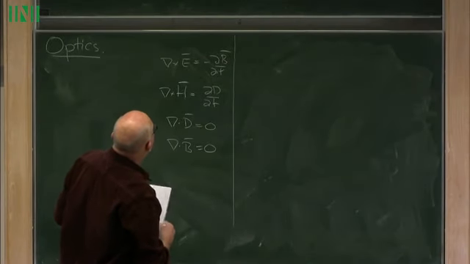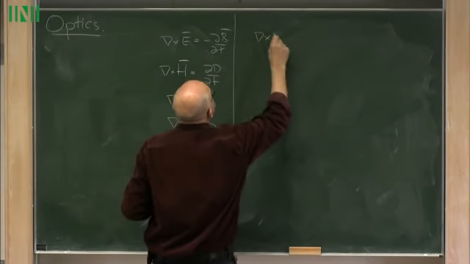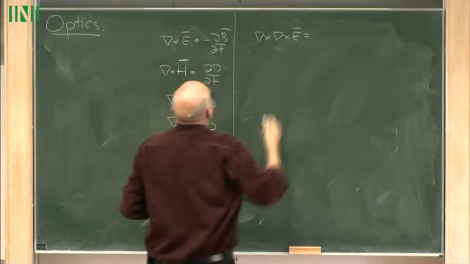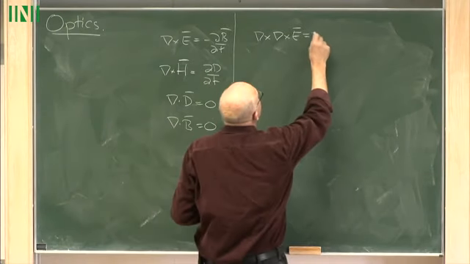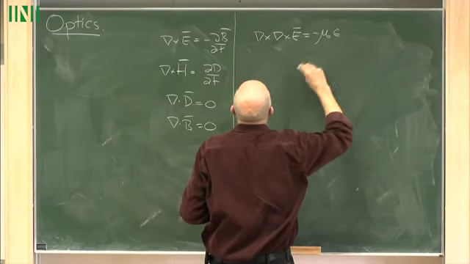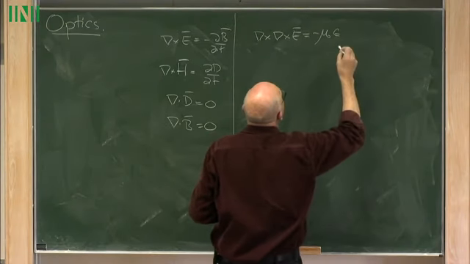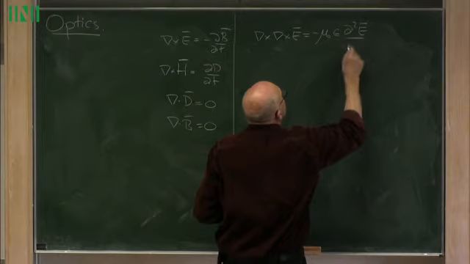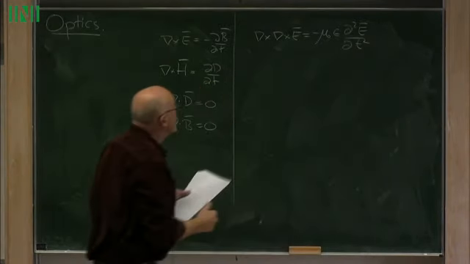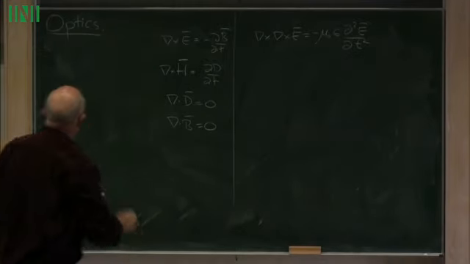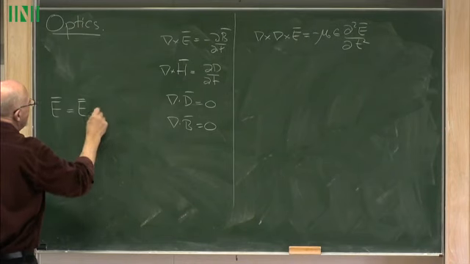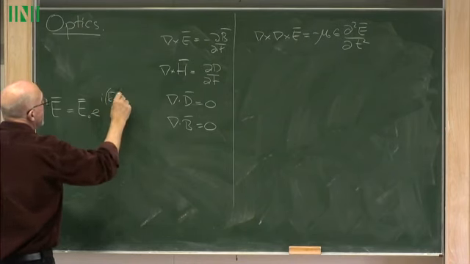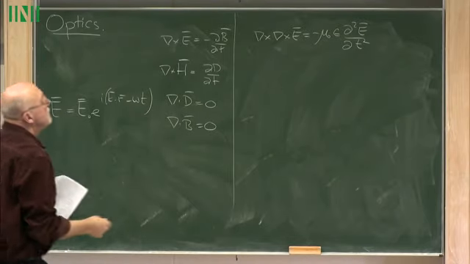If we take the cross product here with del, then we get del cross E. We pull out mu naught, take the cross product again, then we get minus mu naught epsilon, which is now our tensor over there, and the second time derivative of E. And then if we assume that E is just a plane wave, some E naught e to the i k dot r minus omega t, this becomes